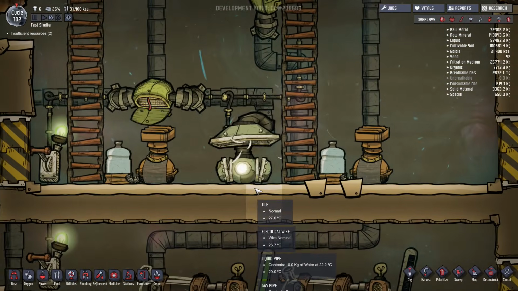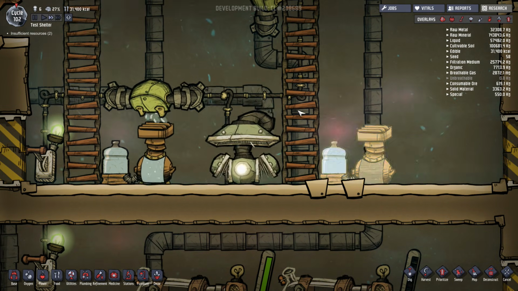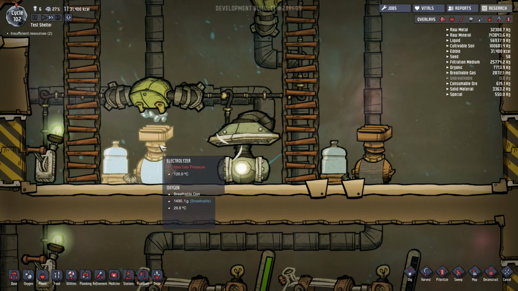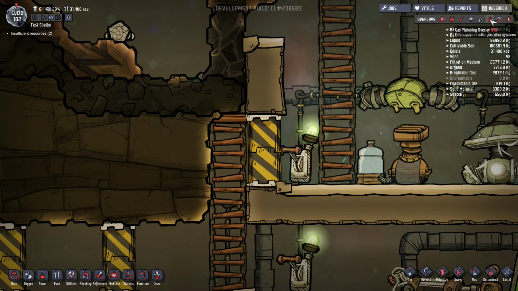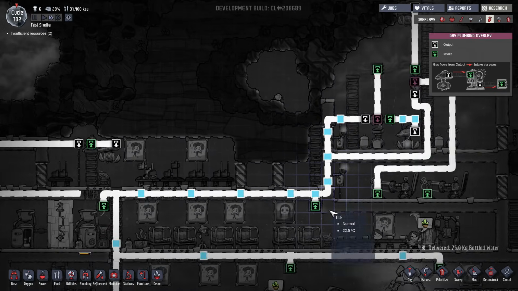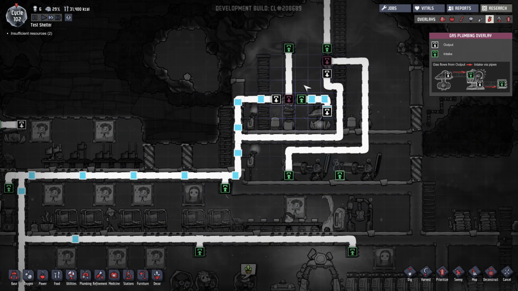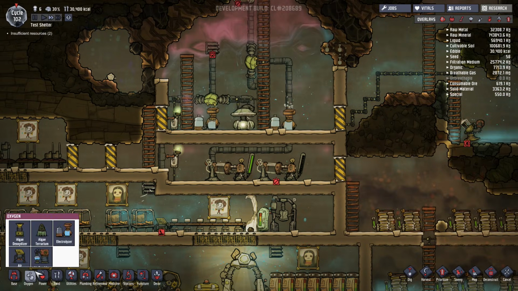Alternatively, you can just move gases around to different areas of your base. In this particular base, I have a ventilation setup where I'm using a gas pump in order to move oxygen that I'm producing using my electrolyzers down through a ventilation system that supplies oxygen to the greater proportion of my base. Using this method, I can control the hydrogen that's produced by the electrolyzer because each electrolyzer produces a quantity of